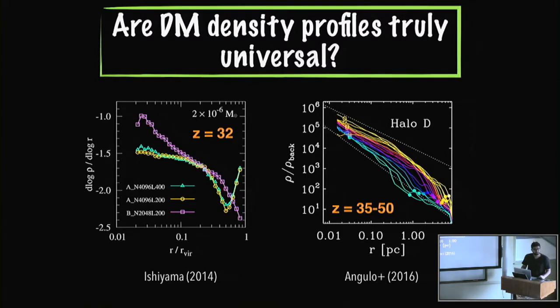So you said that you need to simulate this at redshift 0 because you're not sure, or we don't know, if halos look similar at high redshift. Can you comment on this in light of the simulations you just ran? Well, one comparison one can do is with the famous examples of simulations that have been run to high redshift and stopped there: one by Ishiyama et al., and one by Diemand and Moore and Stadel.